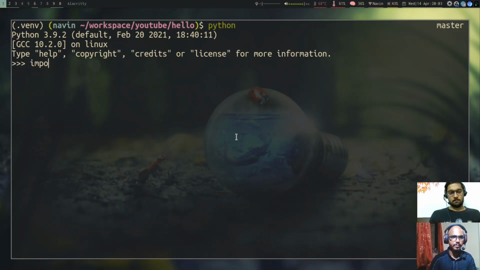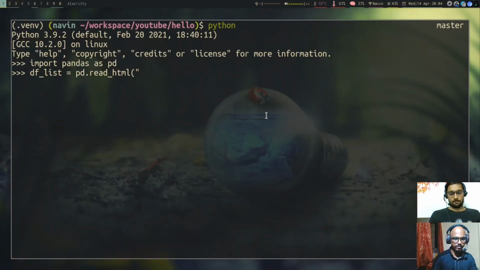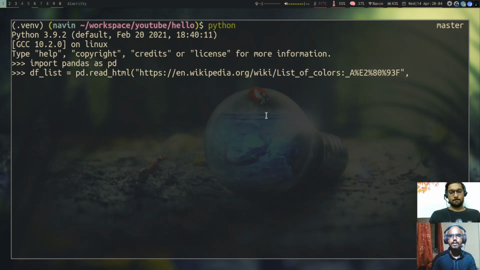So we'll first import pandas as pd. So we are just calling pandas as pd in our session, so we can access pandas functions by calling pd dot and the function name. All right, to get the table from the website, pandas provides a function called read_html. You can say pd.read_html. You have to give the URL of the website to it. So we'll copy the URL from here, which we are using as an example. We'll paste it here, and you can just do this and run it.